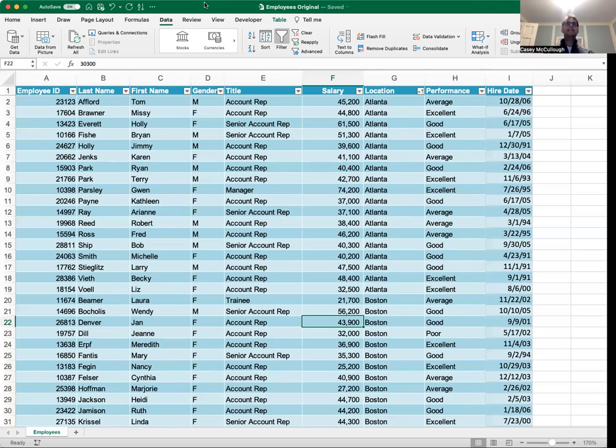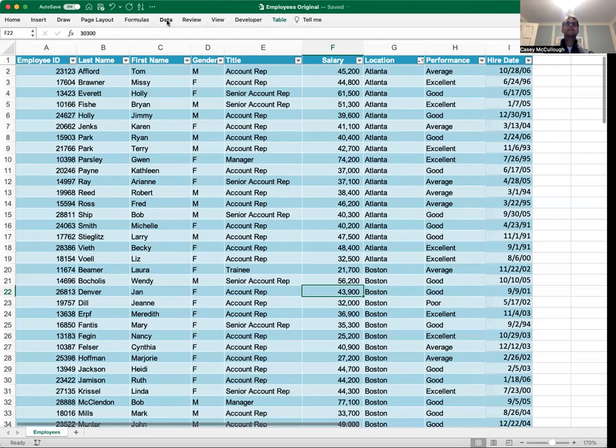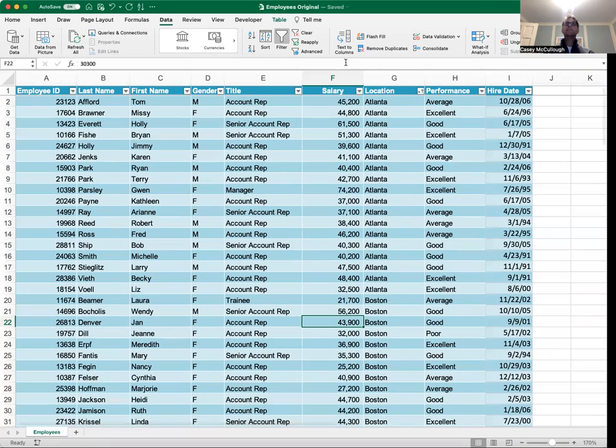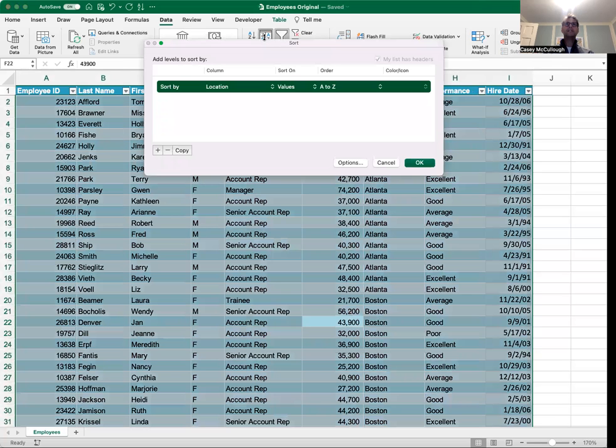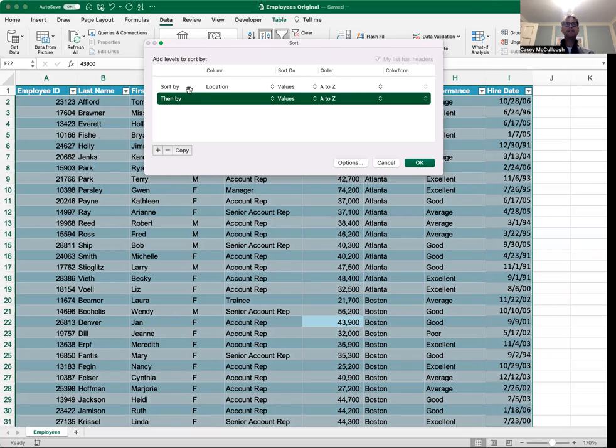We go to data. Oh, data was already open. And sort gives us more possibilities than just clicking on the triangle, right? So it shows us, okay, you're currently sorting by location A to Z. And if we want to add another criteria, we click the plus sign and it says then by,